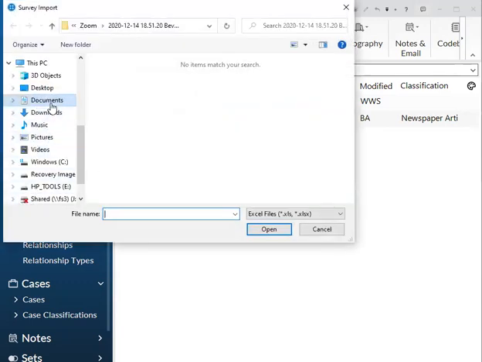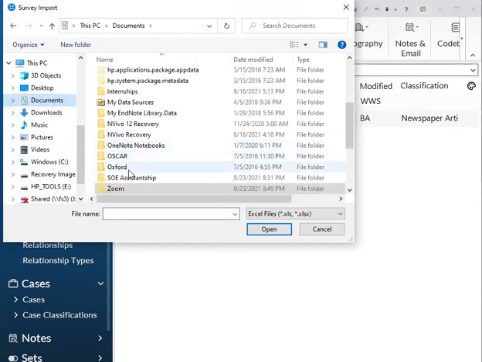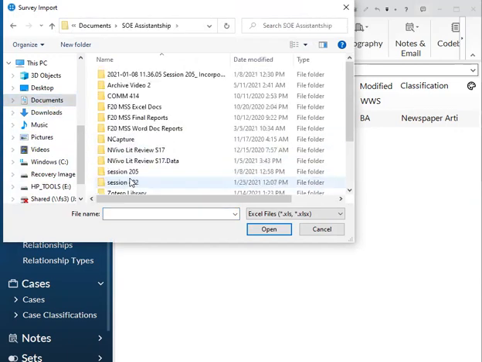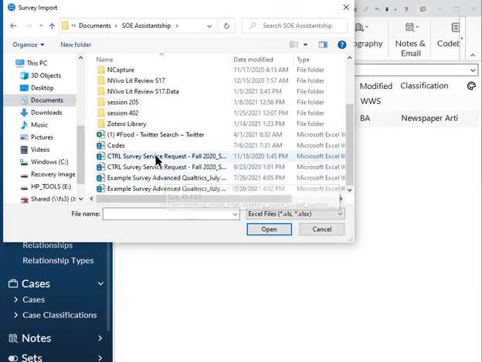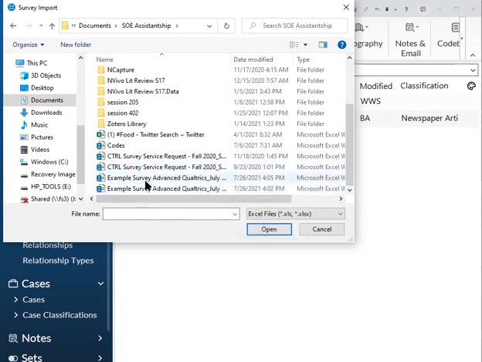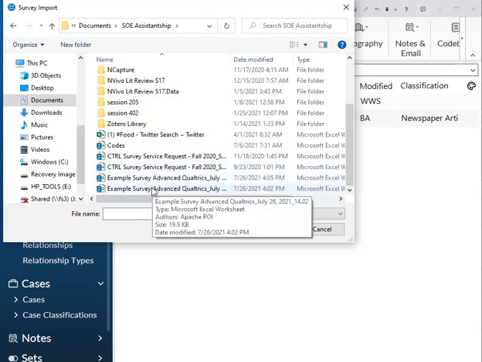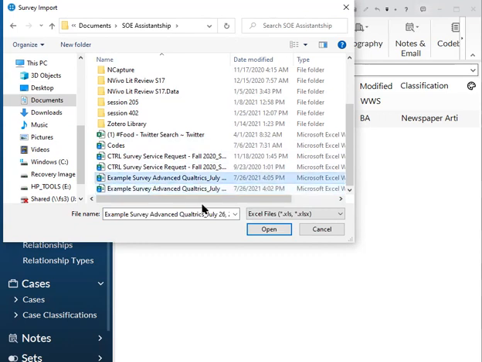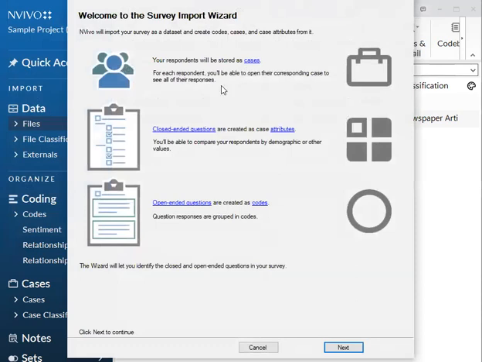and go under where I have the file saved. All right, and here is our example survey. So I'm gonna select that and then just hit open. And that will pop up our survey import wizard.